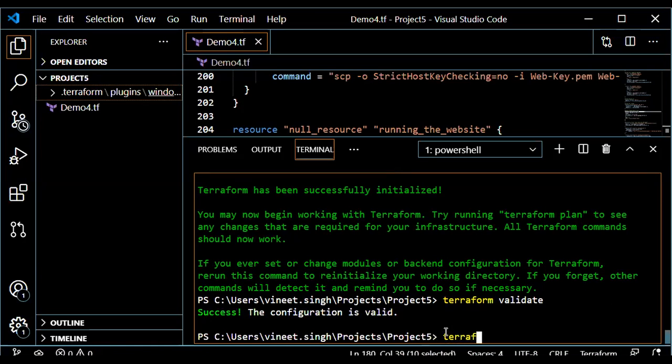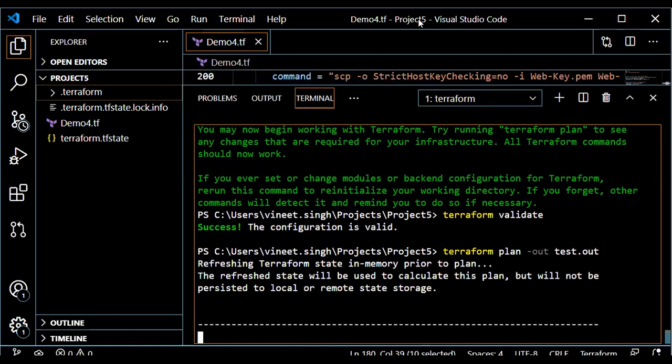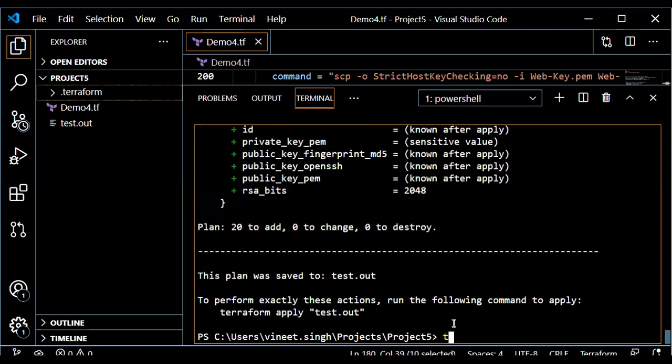Now I'm going to plan, saying test.out. Now I'm going to implement this plan. So terraform apply test.out.